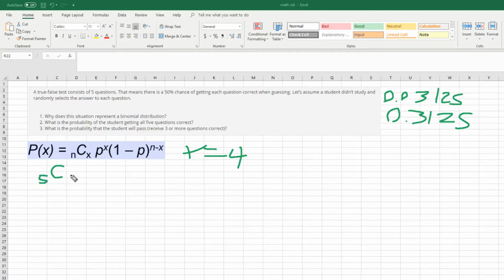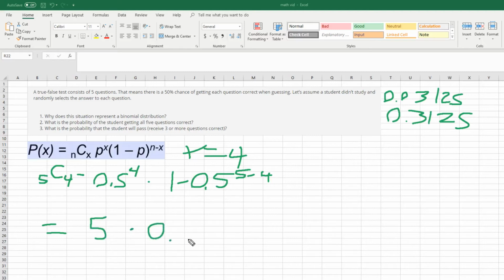So 5 combination 4 times 0.5 to the exponent 4 times 1 minus 0.5 to the exponent 5 minus 4 breaks down to 5 times 0.0625 times 0.5, which ultimately equals